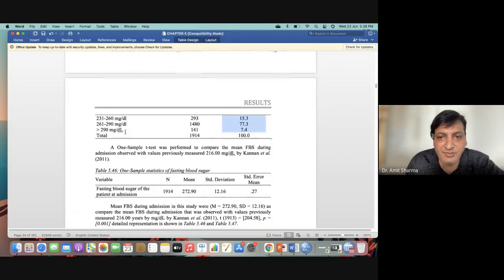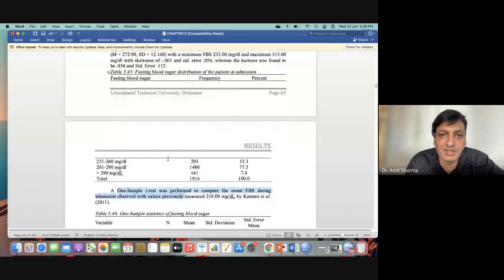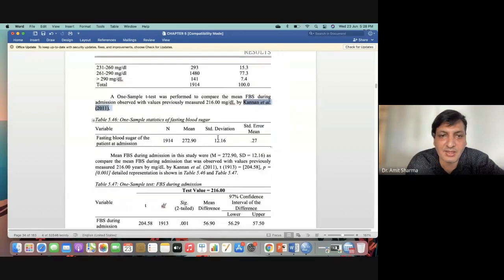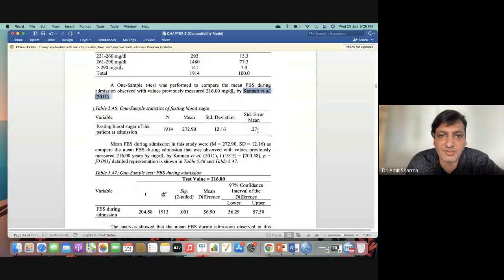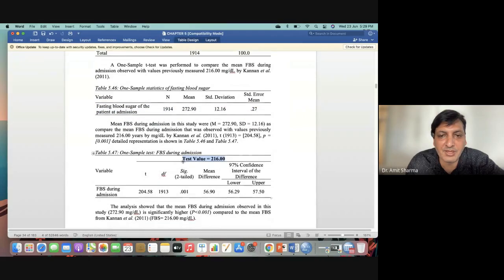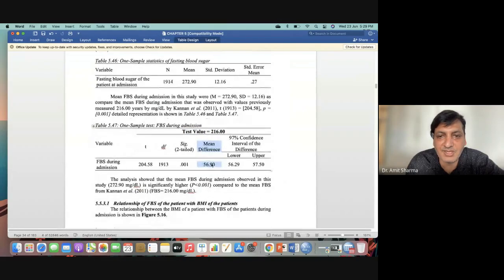So first what I did, I applied one sample t-test to compare my mean of fasting blood sugar with some other person's, by Kannan et al., 2011, and this is the reading of the one sample t-test, and this is the test value with which I have compared. The difference between both studies I found was 56.90, and my p-value was 0.001.